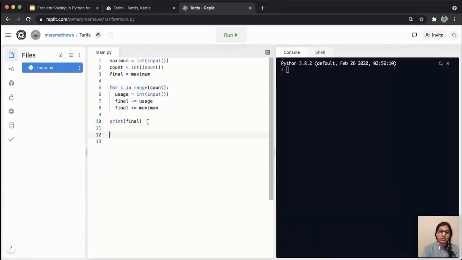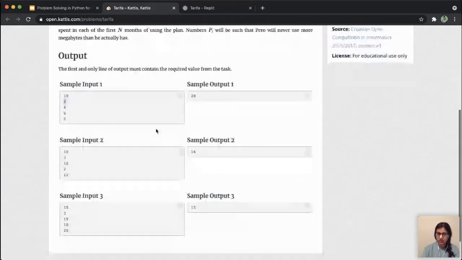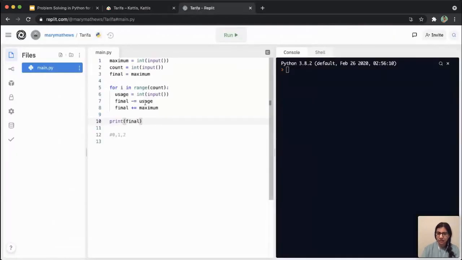So that will be 0, 1, 2, okay? Because in this case, count is 3, okay? In all cases here, count is 3, but it may be anything. And this again doesn't have to be range of count. It could be range of 1 comma count plus 1, or pretty much anything that gives you 3 iterations of the loop, okay? So the important thing here is that we have 3 iterations of the loop. This actual variable i is not used anywhere. I could even replace it with an underscore if I want, because it's not being used inside my loop, okay?